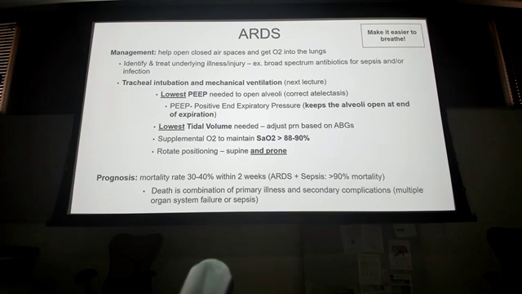There are other tools we can use to help recruit those: supplemental O2 to maintain the SaO2 over 88 to 90, and then proning our patient. Anybody ever seen a prone patient? Patients are typically on their back, right? That's how we sleep. This is where you flip them onto their stomach. There are beds specially made, roto beds. If you're really interested in how to do it expeditiously, you can go to the Prolonged Field Care Working Group, and they have videos and examples. There are some risks associated with it.